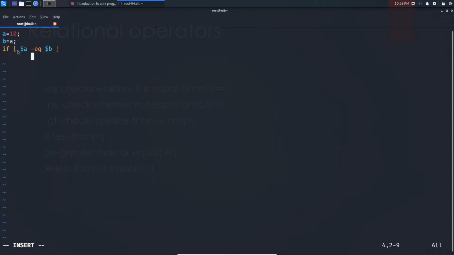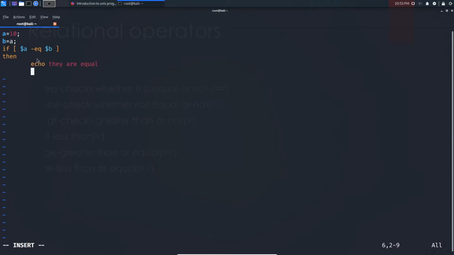Here the spaces play a major role. You need to specify spaces before and after the brackets and the condition. If you do not, you may or may not get the result. After the if, you need to use then, and if a is equal to b, then we print echo they are equal.